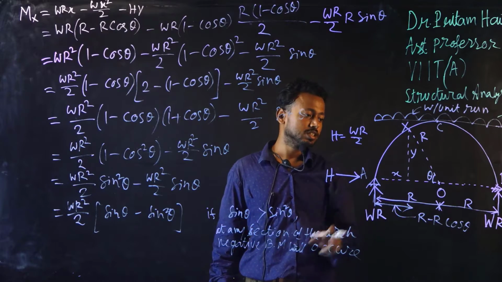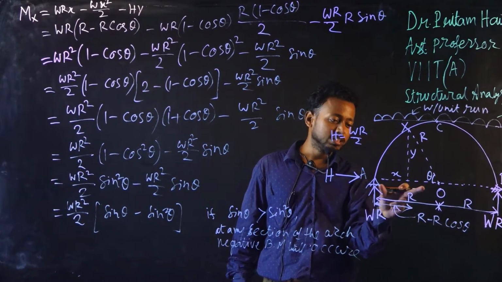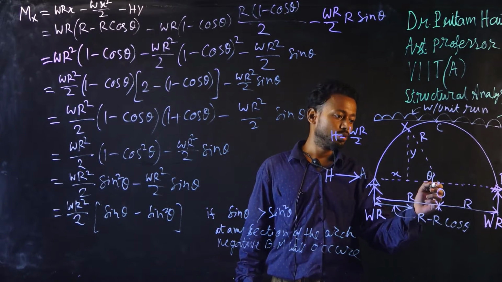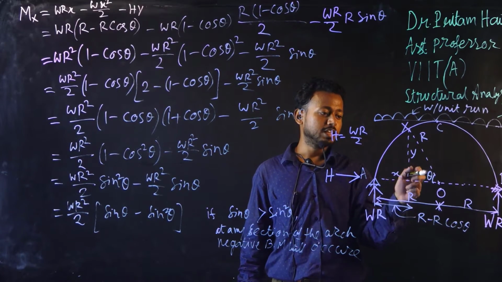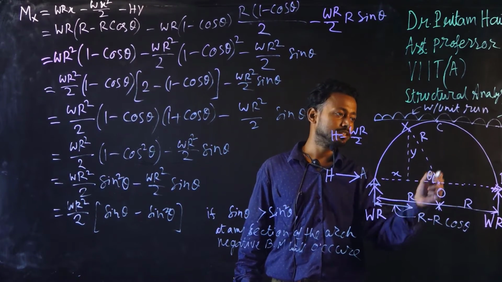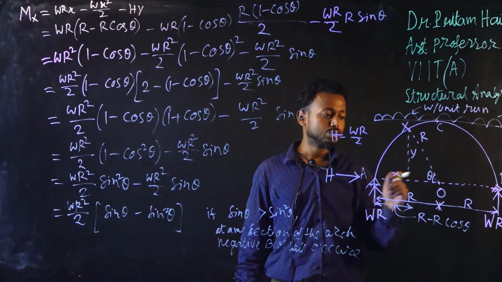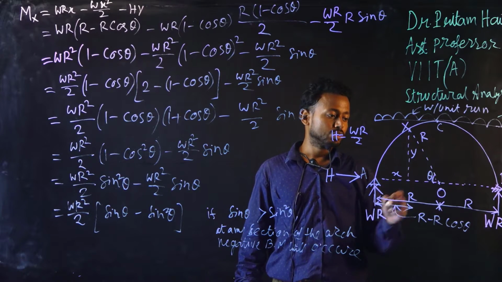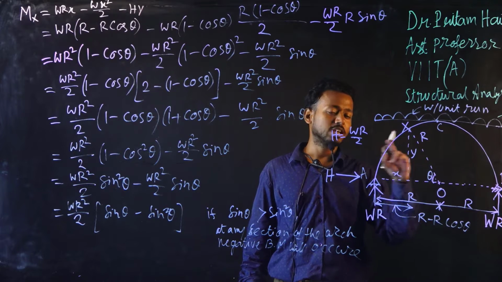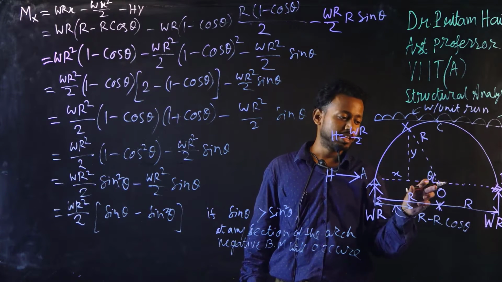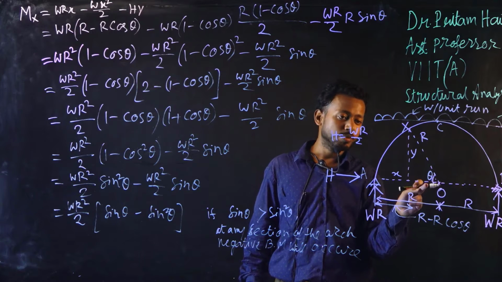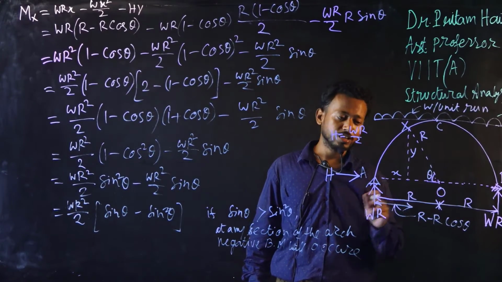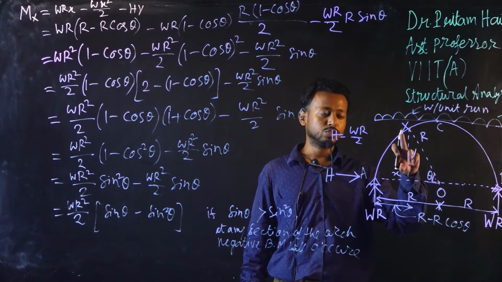So what will be this distance? See here, from A to O is r. As this is a semicircular arch, OX also will be r. At any distance, everything is r. If I assume that this is angle theta with the horizontal plane, what will be the cos component and what will be the sine component? I always told you that the base component will be the cos component, the plane on which the theta is inclined. So in this plane the theta is inclined, so this will be the base and this will be the height.